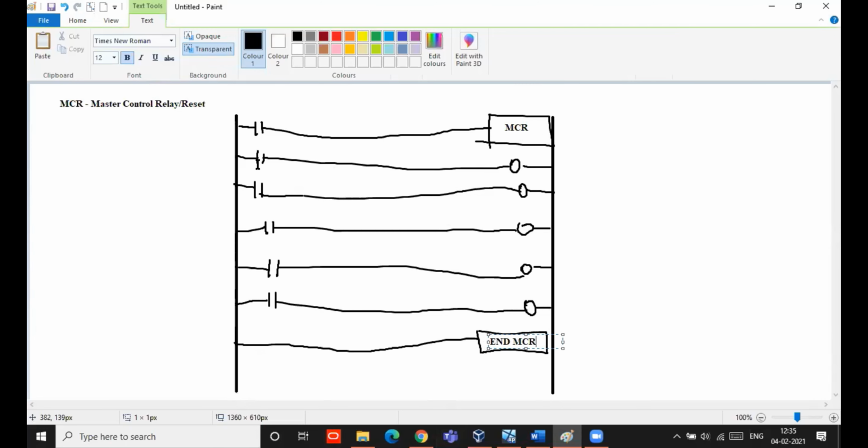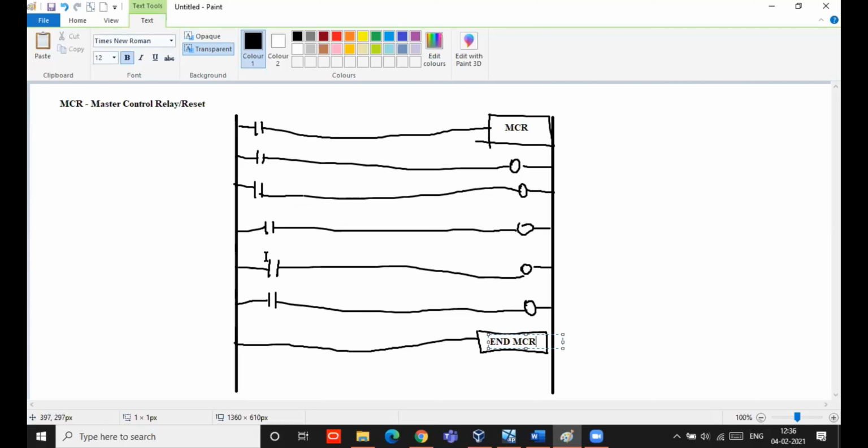For example, just assume this will act like a main power supply for all these things. Normally in industries or houses, only when the main MCB is on, all the other corresponding inputs and outputs connected will function. If there is some fire or emergency, instead of turning off each and every input, you can directly go to the main power supply and deactivate that.